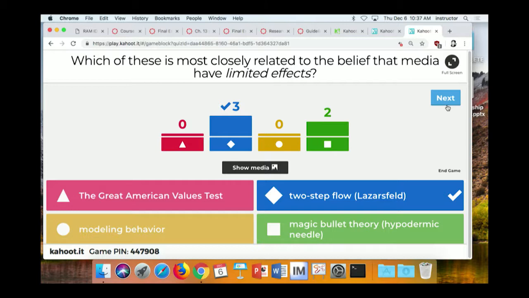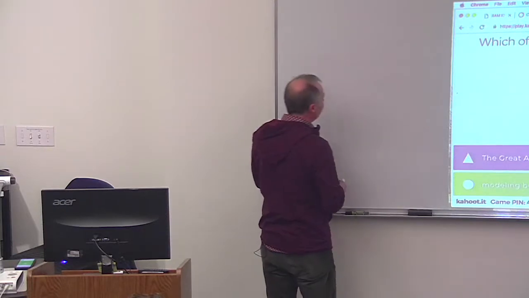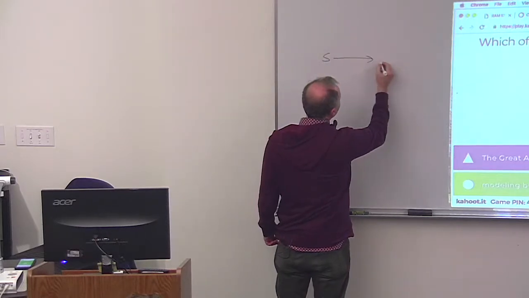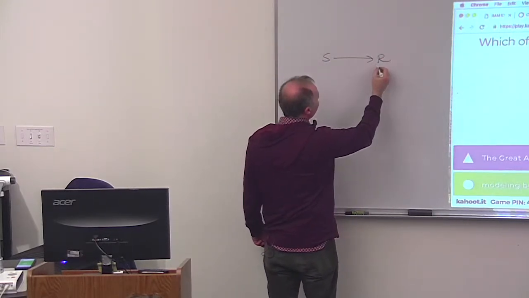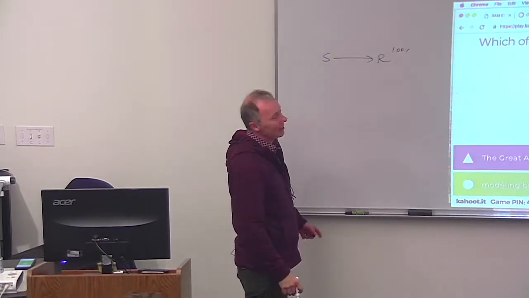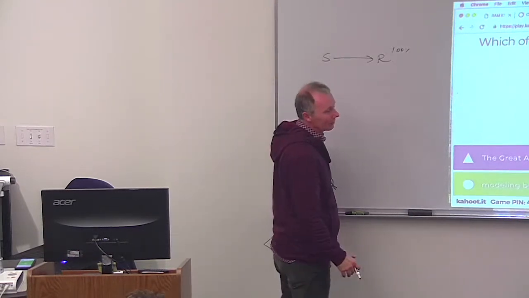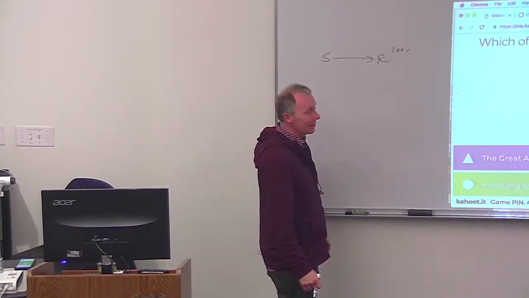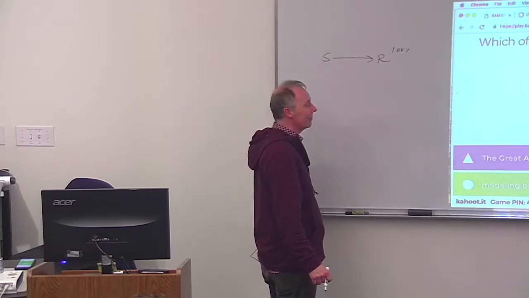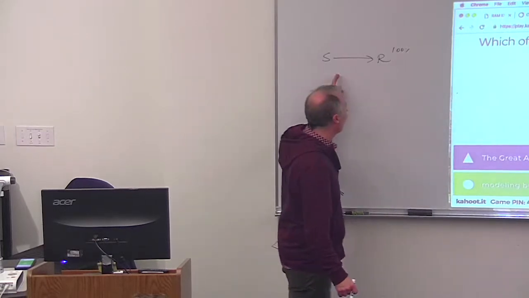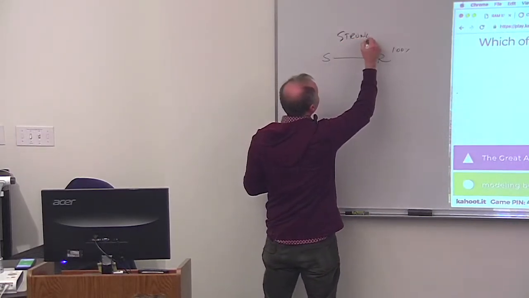And let me just sketch out what those two steps were. Okay, so first of all, our most basic model was the magic bullet. So you had a sender, and they shot a message like a magic bullet into the brain of the receiver, and you had a 100% success rate. That was fantastic as a model, but of course we know it doesn't happen that way in real life. A lot of us are exposed to messages all the time, and they have no effect on us. So the magic bullet is a very simplistic model, what they called a very strong effect, right? So this was a strong media effect.